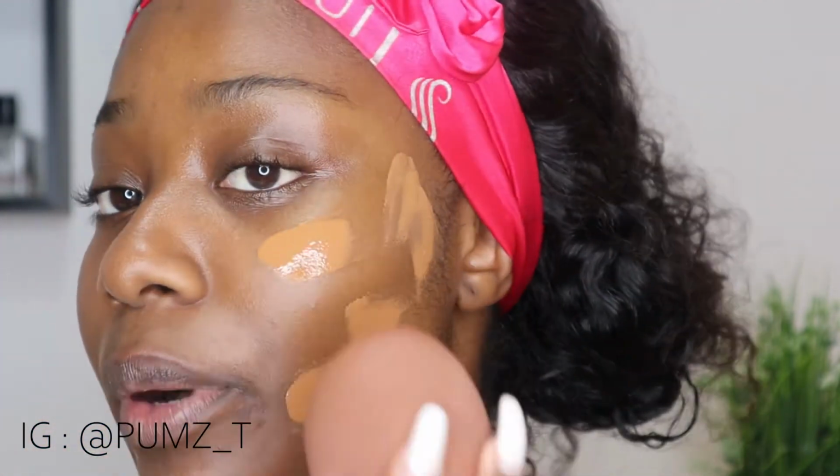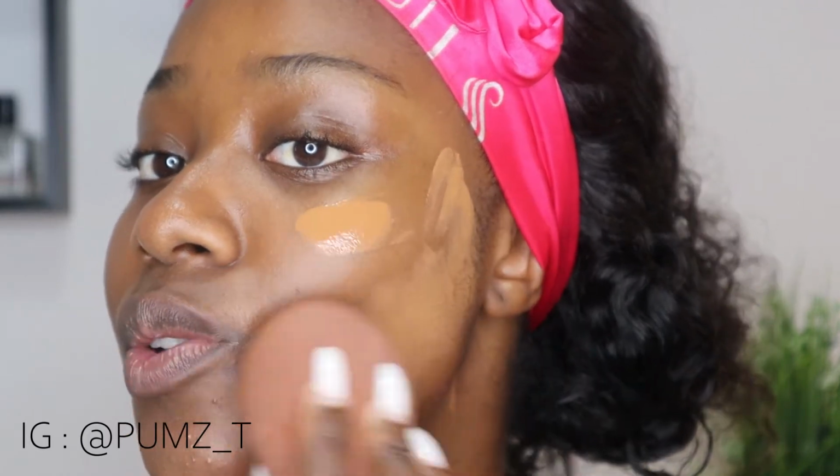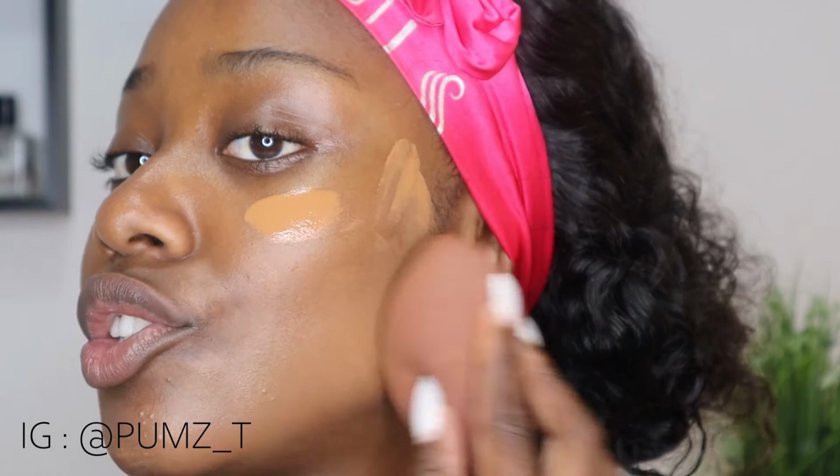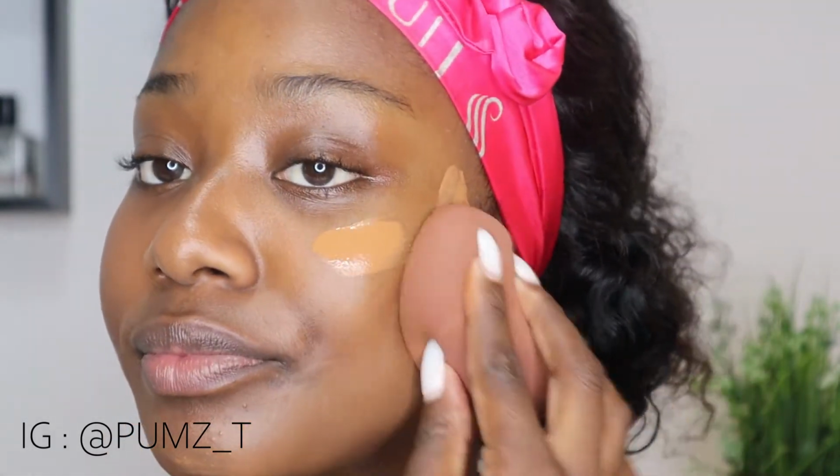Okay, and then I'm going to use a beauty blender straight away without the brush, just to show you guys that you can use either route, either tool. Okay, so can you see how